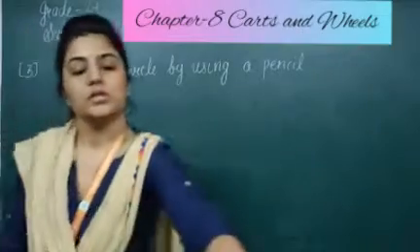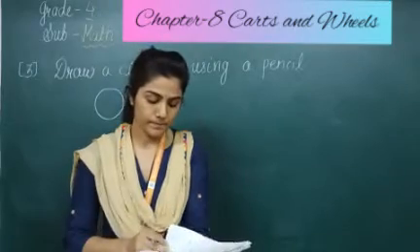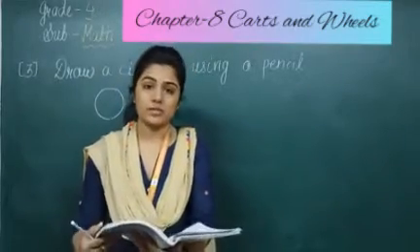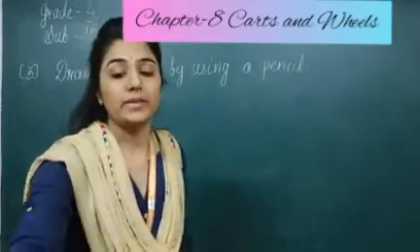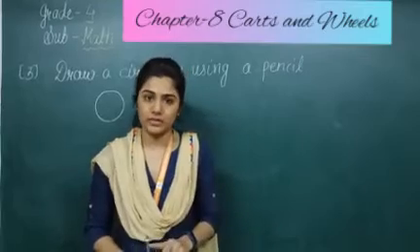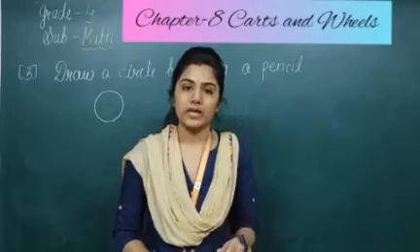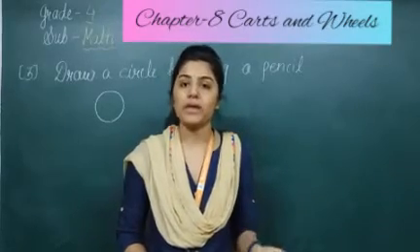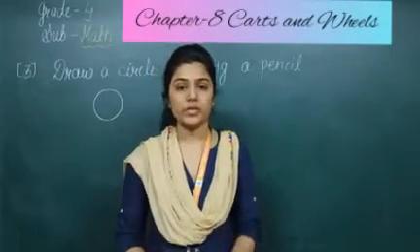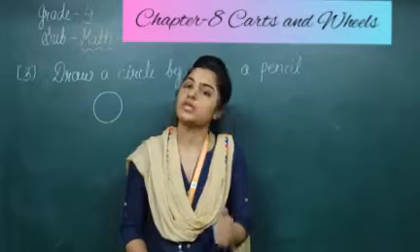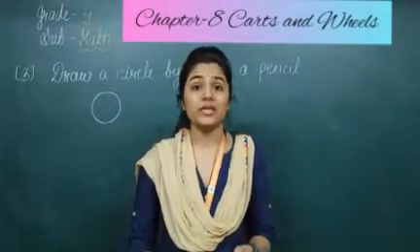Number fourth is with the help of a compass. With the help of a compass you have to draw the circle. In the geometry box that compass is given. I will show you that compass, and you are all aware of the compass, right? Whichever equipment is given in the geometry box, with the help of that we can make the circle. So in this chapter our concept is about the circle only. And let me clear to you how many things we are using in our routine life, right?